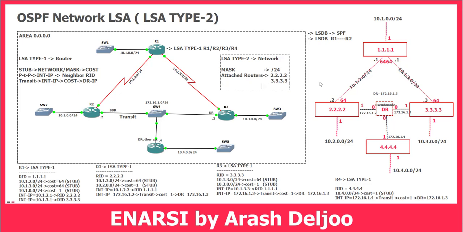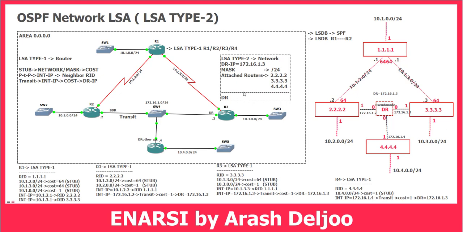The next question is who should send this LSA type 2? The DR should send it. Here we have only one transit network, and the DR, router 3, should create this LSA type 2 and send it with this information. I will show you. In the LSA type 2, we have this information and also the DR IP address. The DR IP address is 172.16.1.3. Actually, the DR says that I am 172.16.1.3. I can give you this information. The mask of this transit network is /24, and the attached routers are quad 2, quad 3, and